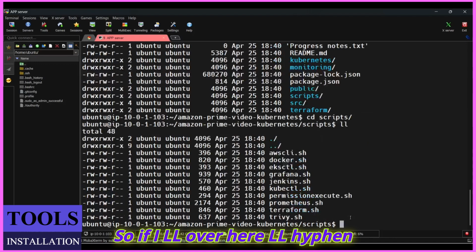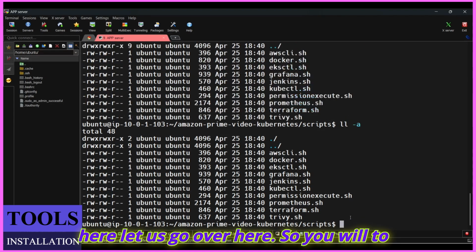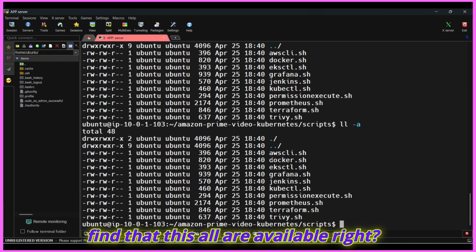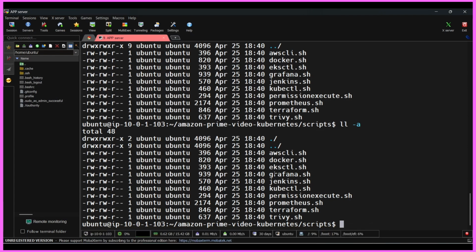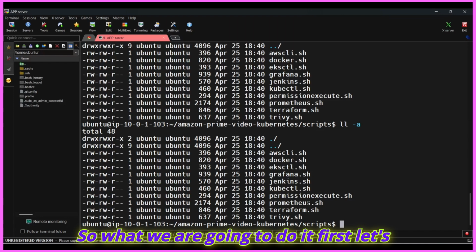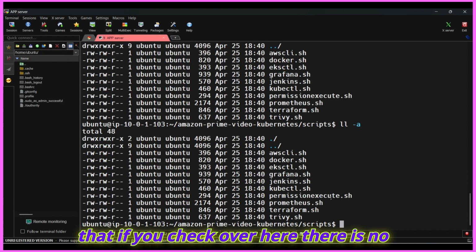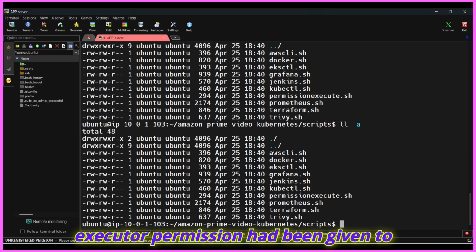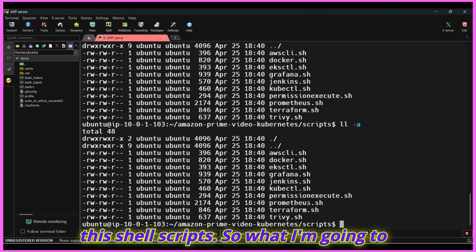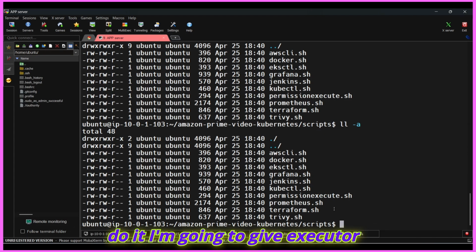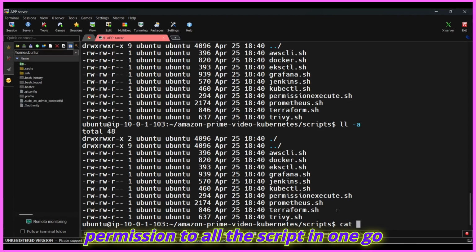So if I do ll -l over here, you will find that all of these are available, right? So what we are going to do first is install Jenkins. For that, if you check over here, no executable permission has been given to these shell scripts. So I'm going to give executable permission to all the scripts in one